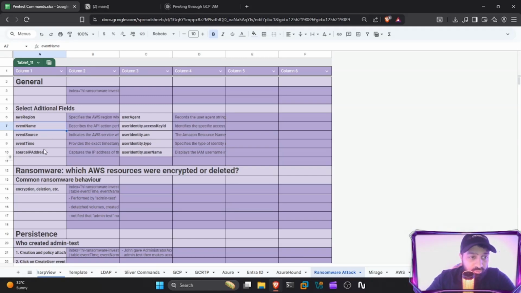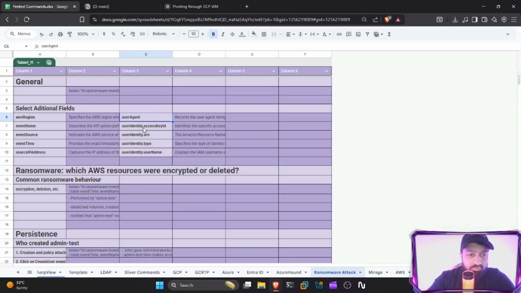Like, for example, it's very valuable for us to see source IP address, to see which IP the user is calling from or making the API calls from. The user agent will tell us whether or not that person is using the CLI or is using a browser, what the browser is, or whether or not they're spoofing, whether or not they're making custom user agents to get away with things. All of that will give us more and more details and more information to work with as we go through this incident response process. And